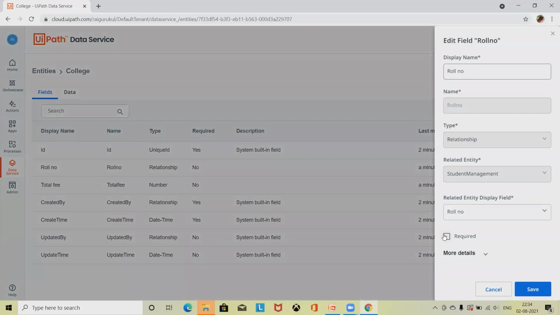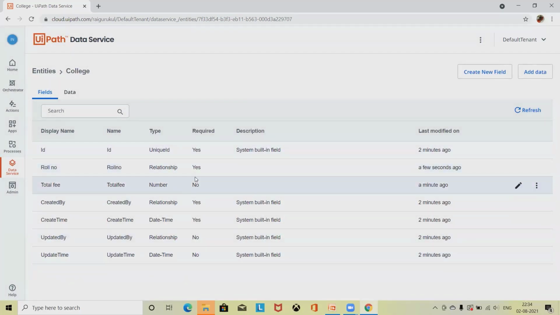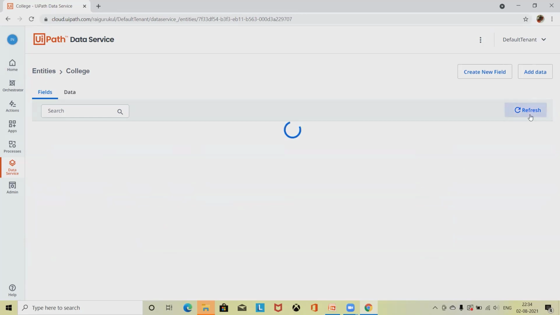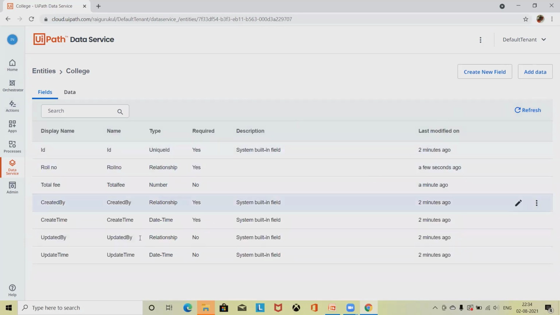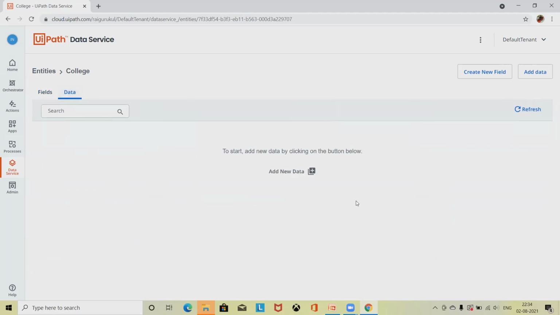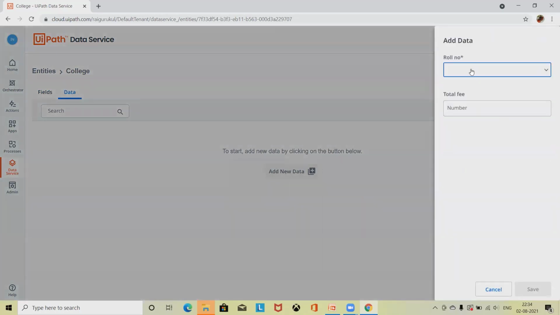So this will not work for me. When I want to edit it, I simply click on this checkbox and click on save, and this field will become mandatory when we are entering the data. If I want to refresh it, it will simply refresh the content. If I want to add any specific data, I will simply go to the components and add the data whenever I need it.